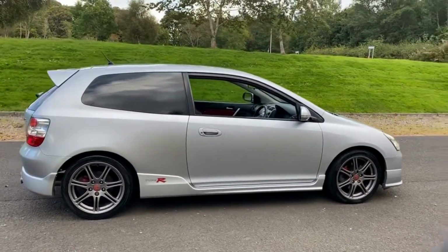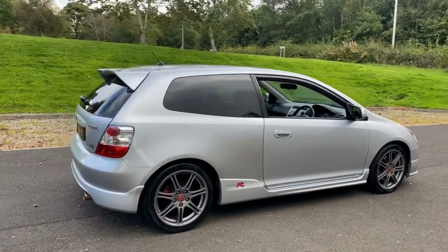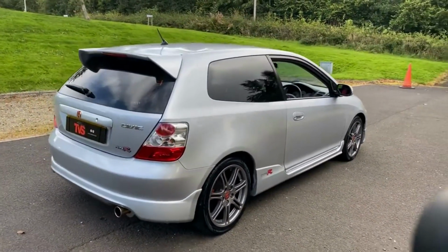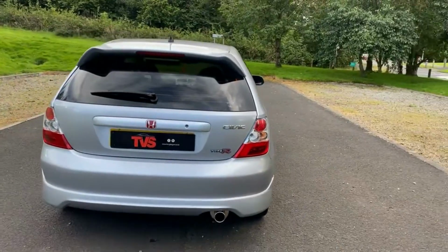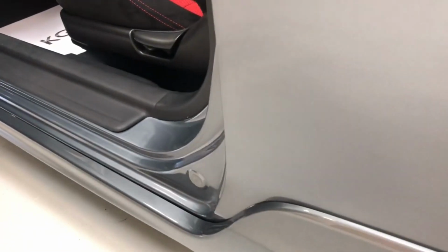than this model, but this particular one is very popular in the UK, and it comes with a whopping 200 horsepower and a time of 6.3 seconds to 60, which is great for hot hatches. Now it does define a hot hatch because it's 3-door, but just bear in mind this has probably been ranked quite a lot for a lot of these, so if you find a good example, the condition one, it's definitely